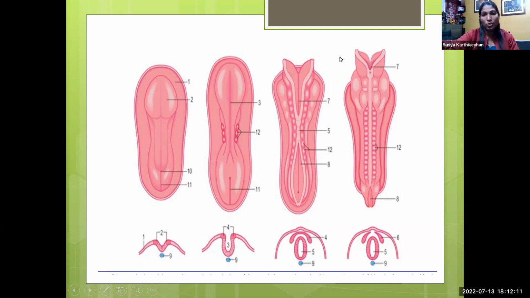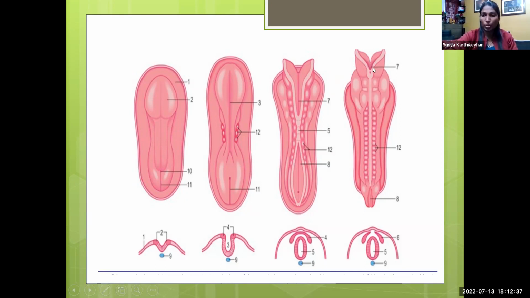It will form bulges, and it is going to form the future brain. The cranial end will form the future brain, whereas the caudal part remains tubular. It is going to form the future spinal cord. So in this stage, what happens? The caudal part will be forming the future spinal cord. So at around the 25th day of intrauterine life,